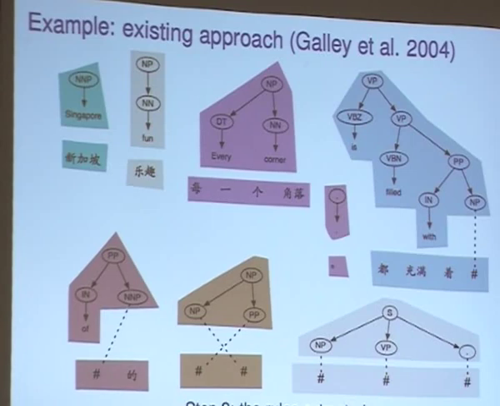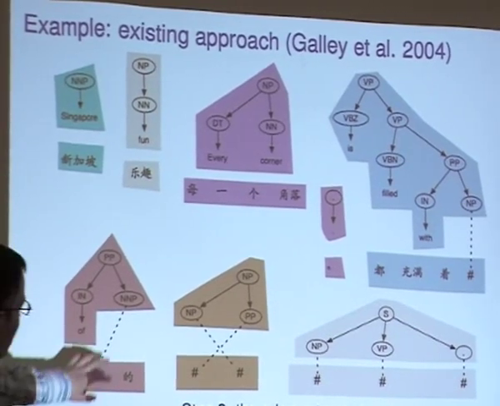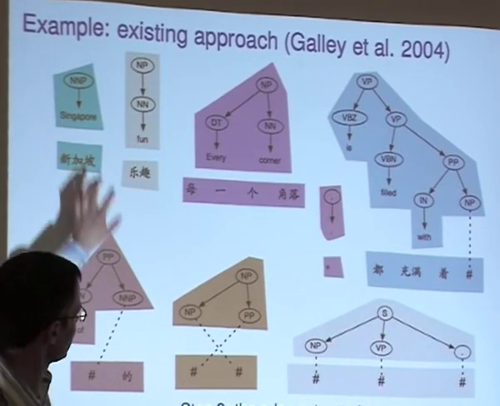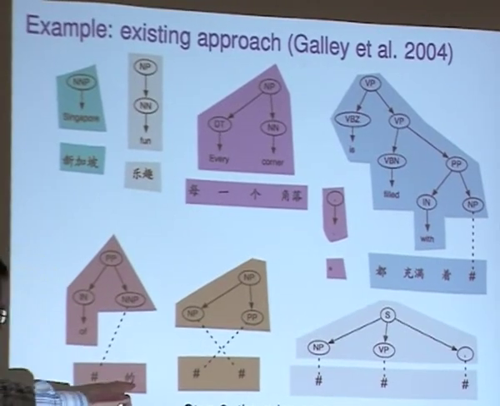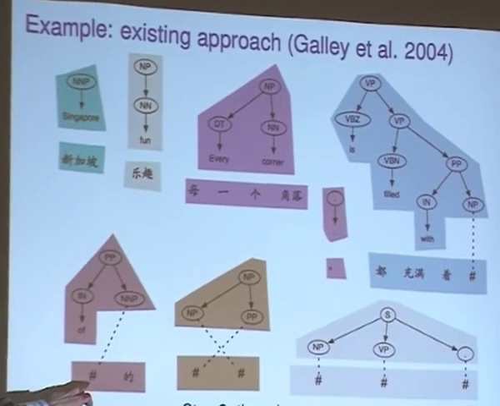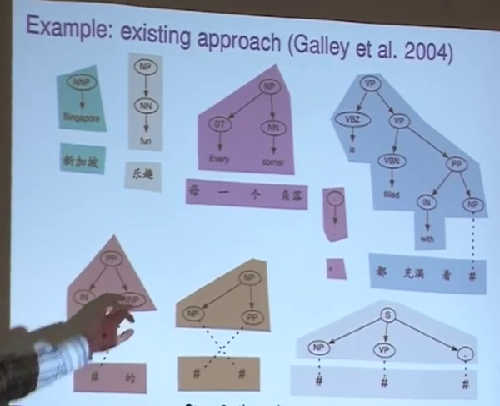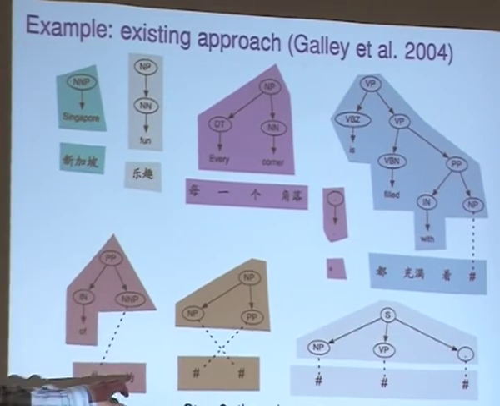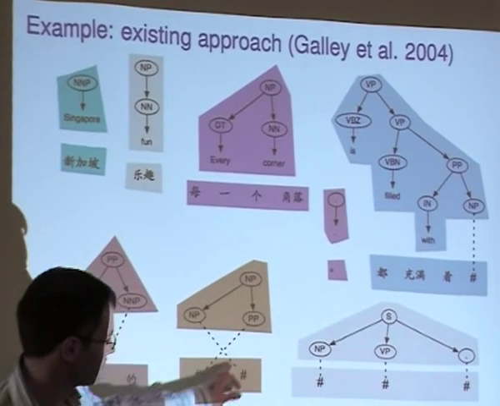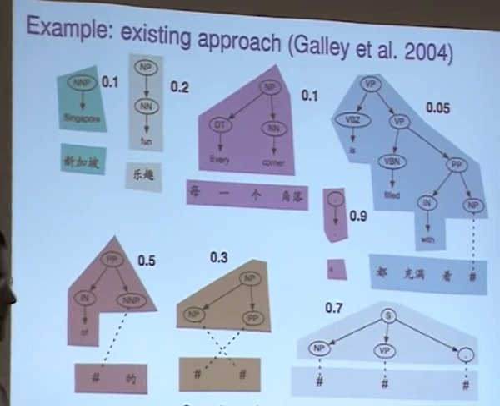Now, from that, we can extract the rules that we used. We've taken them apart here. And notice here that some of them are purely lexical. Some of them have large numbers of units. Some of them have these hash values, which indicate variables, which are connected to or aligned to another node in the tree. So that means that when you rewrite this noun phrase, it'll get glued in here before this token. This one encodes a reordering. Okay. Then we estimate weights on them using a fairly standard method.